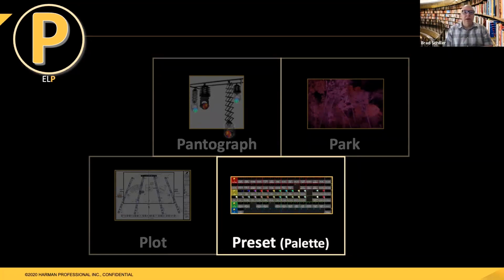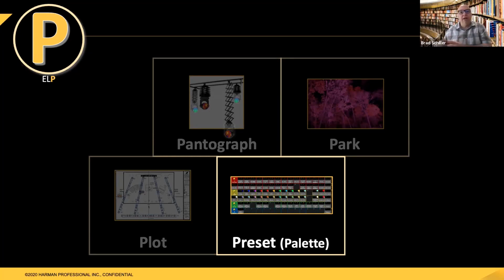A preset is another one of those very important things. It's also called a palette, but very important for lighting consoles. A preset is a reference. So you store a preset, maybe put your lights down center stage, that's a position preset. And then when you write your cues or plot your cues, you're storing not that the fixtures are at position 27 pan and 38 tilt, you're storing that they are referencing the down center stage preset. So now all of your cues will be referencing that preset.